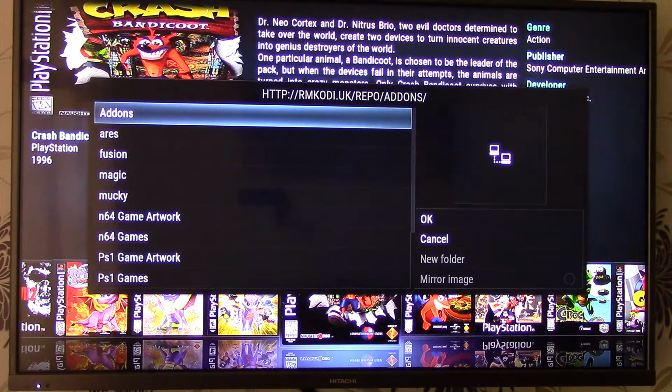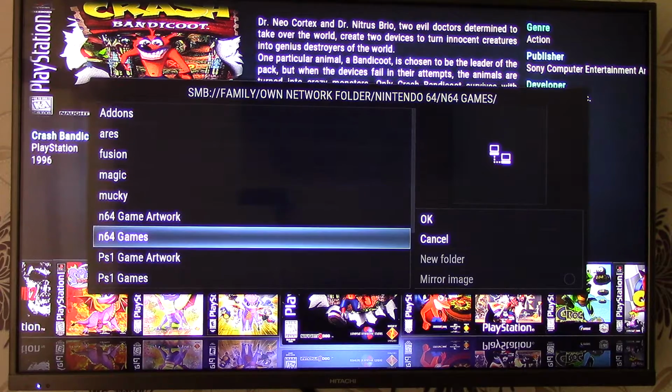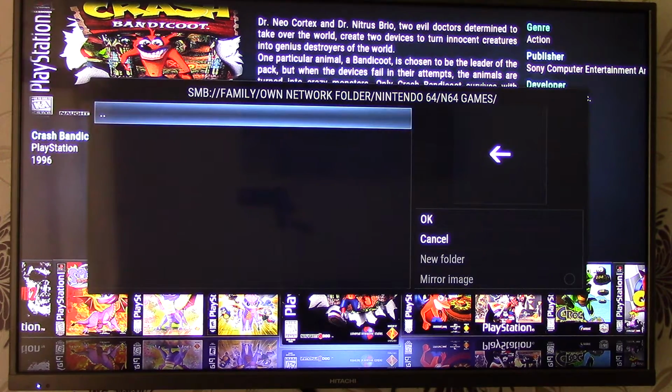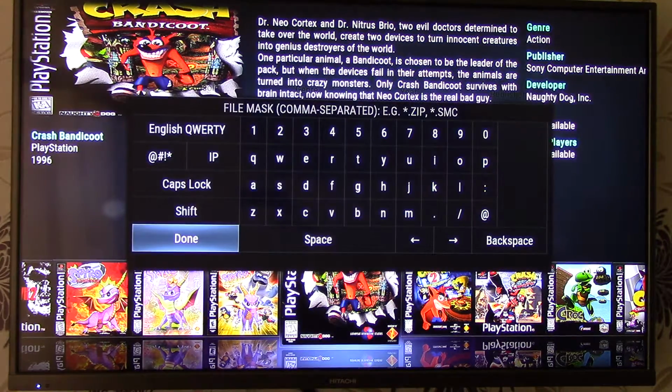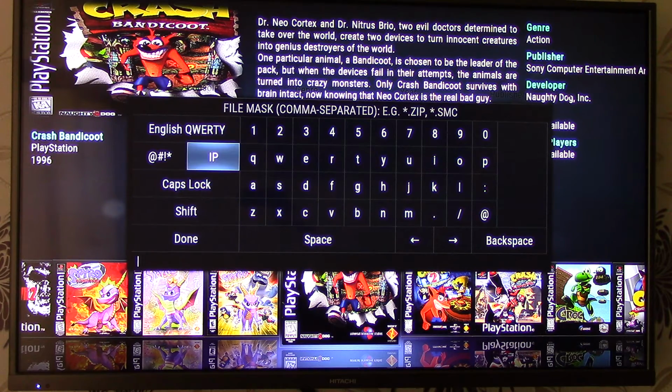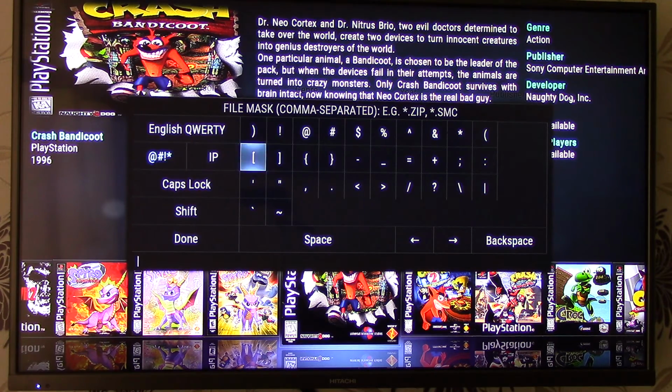Now this is asking where your ROMs are. If you go down to where we've saved it, look, the Nintendo 64 games, click it, and then just go across to OK. And this part is the end of your file name. So say it's 007, it'll be 007.n64. PlayStation's like Crash Bandicoot.bin or Crash Bandicoot.iso. So mine's 64, you can see in the example at the top anyway,